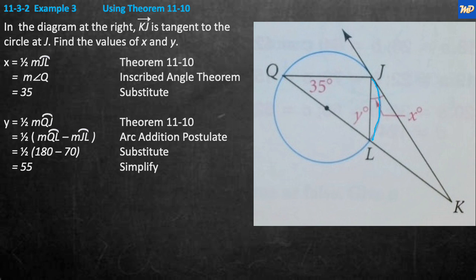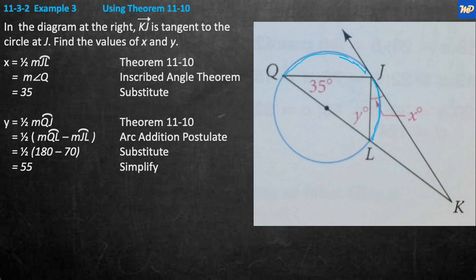So going to Y now. Y is 1/2 of QJ. QJ, okay, that's this arc right here, around the top, that's that arc right up here. QJ. And Y in our case is 1/2 of QJ. And QJ is how much? Well, QJ is equal to half of QL